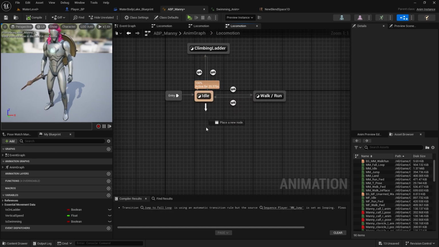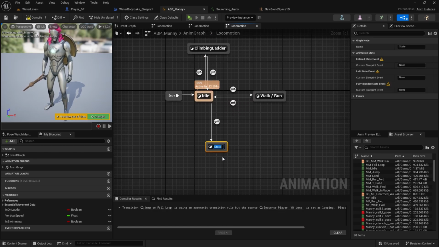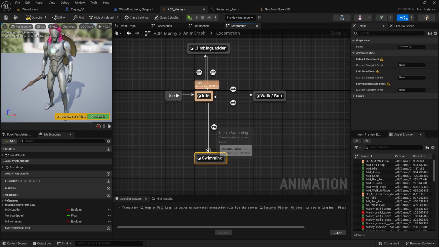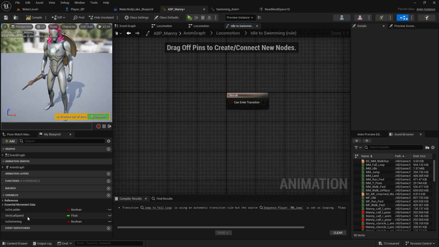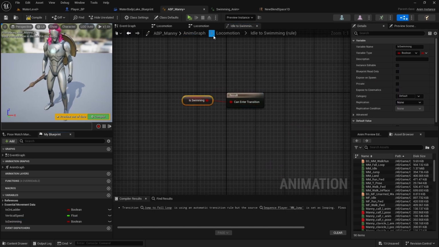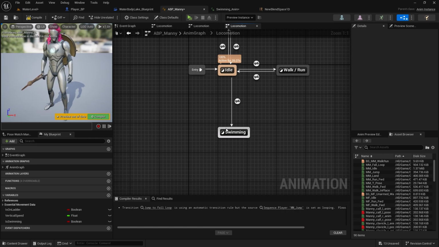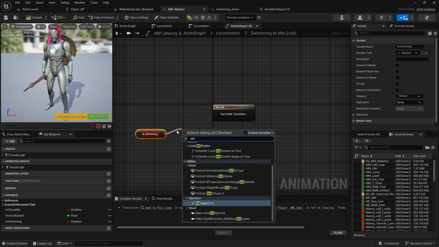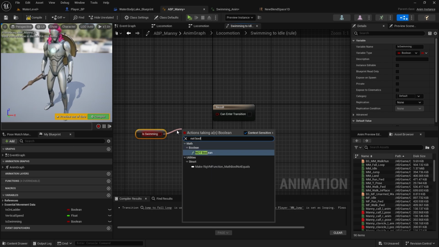So from the idle I will drag out, add state, this will be swimming. And if you want to go from idle to swimming, all we have to do is just check is swimming. Then if you want to go back to idle, drag from swimming to idle, and here we need to get swimming and not boolean,